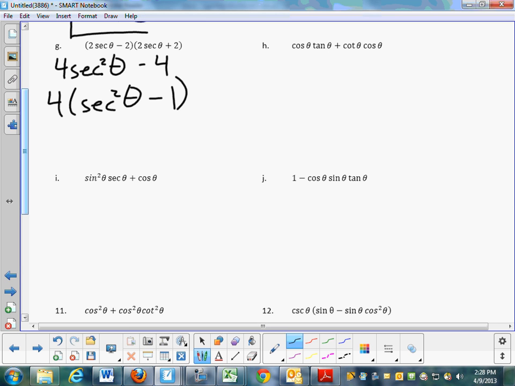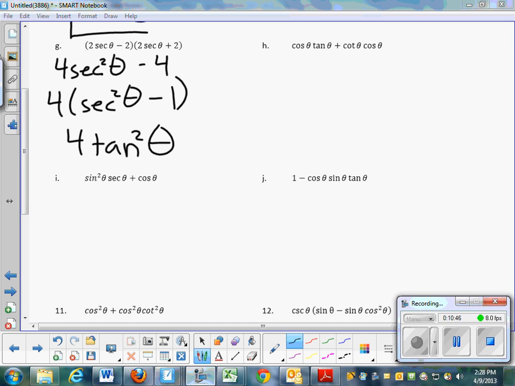What's secant squared minus 1? Good. 4 tangent squared of theta. Push-ups for your brain, remember? I don't know. All right. Well,